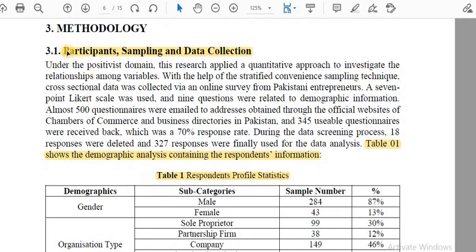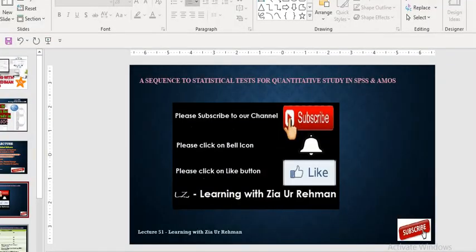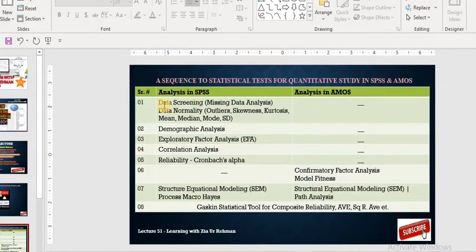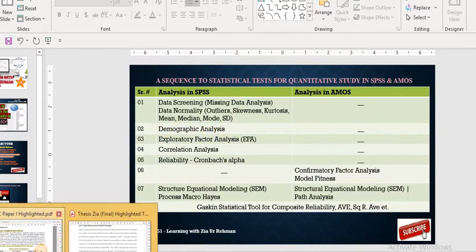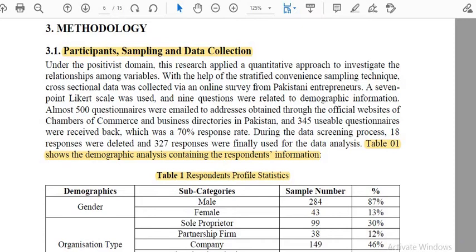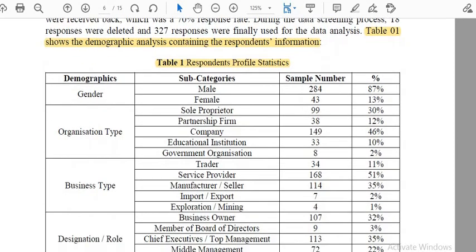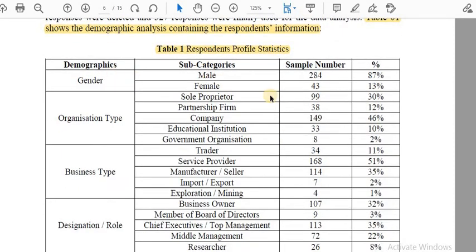So this is the respondents profile. The first one is the participants sampling and data collection. Table number 1 is about the respondents profile. Respondent profile means the test I have shown you, data normality test. After the data normality, I need to conduct the demographic analysis. This is the demographic analysis. It means that these are the respondents profile. So this is the test I have performed, and this is the way I have shown these results in my